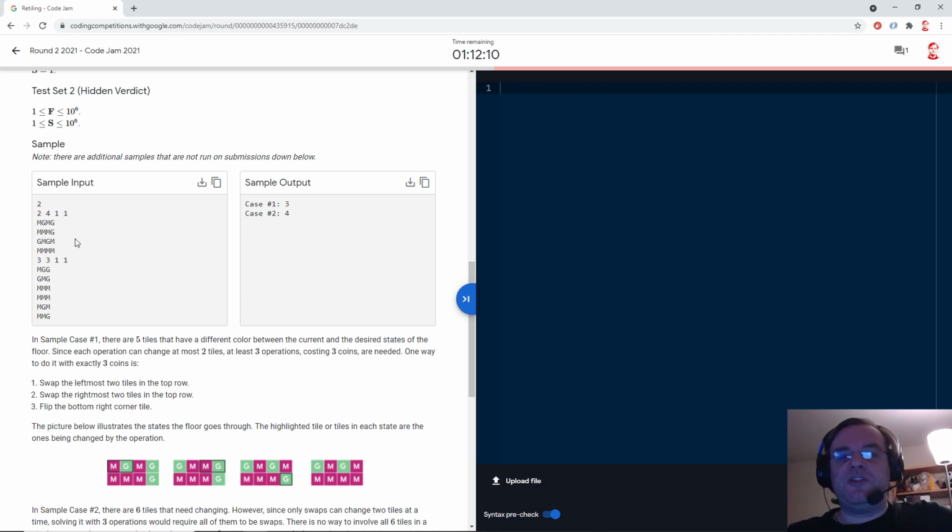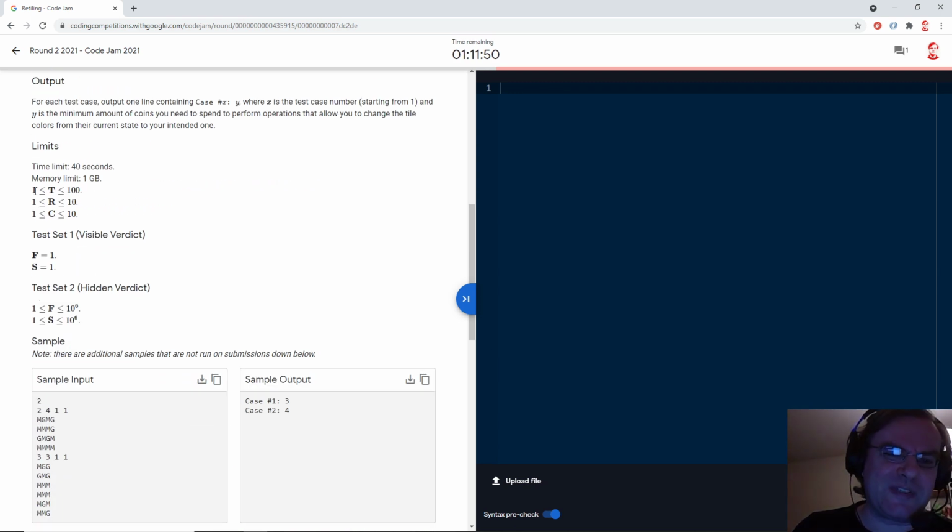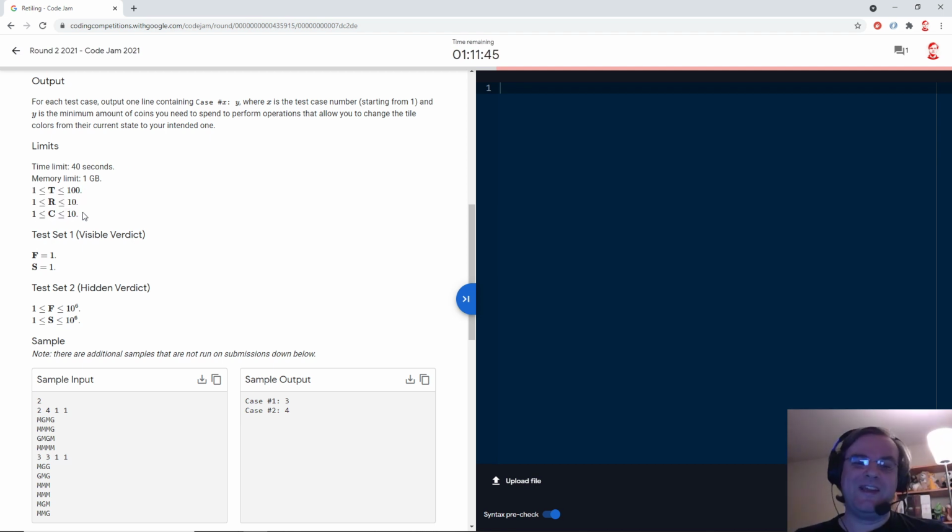It's not max flow. You do one min cost flow to find the cost of moving one green, and then you add up a bunch of Fs, how many Fs that takes for the remaining greens, and so on. And you do that up to the minimum number of greens that you start or end with. So you're just trying all possibilities. And the thing is, you don't have to completely recompute the flow for each number of greens. In fact, the limits are small enough you actually could completely recompute the flow. You really don't have to.